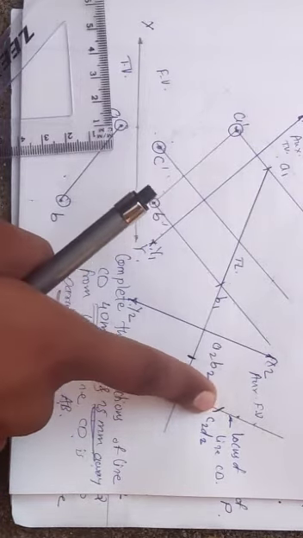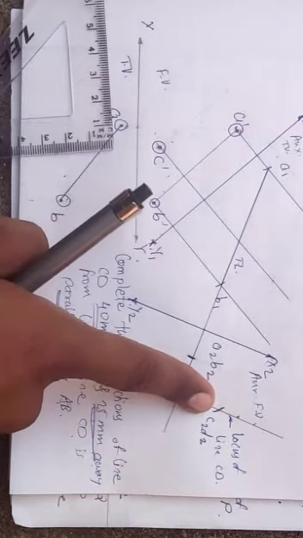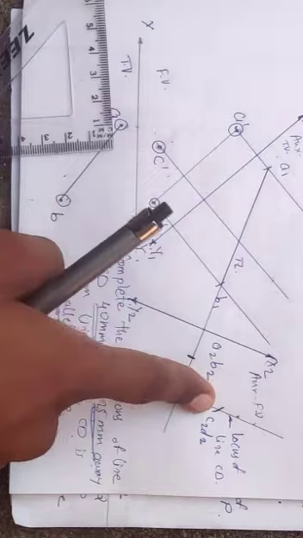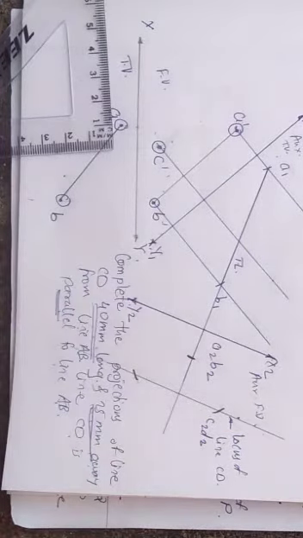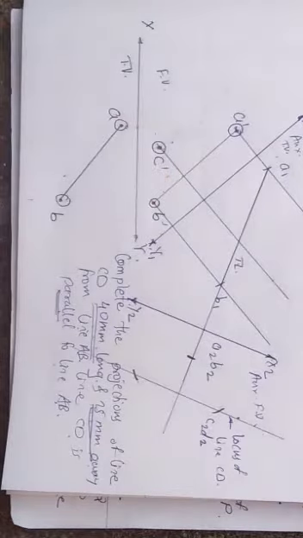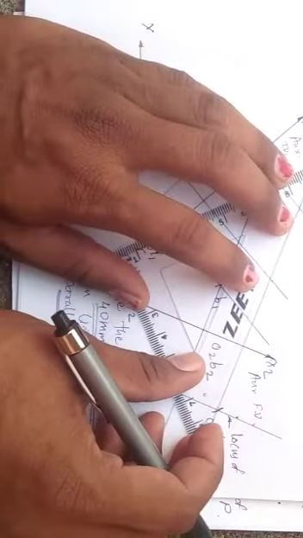So after x1 y1 in parallel line problems, after x2 y2 we get the point view of both the lines and then we get the shortest distance between the lines. Now, transferring line CD in the previous view, how to transfer it? We must transfer it perpendicular to x2 y2.